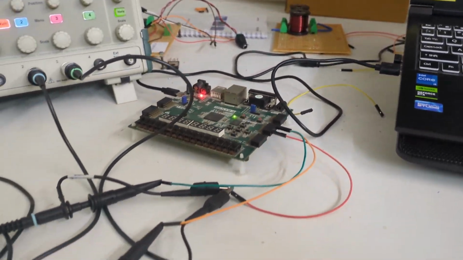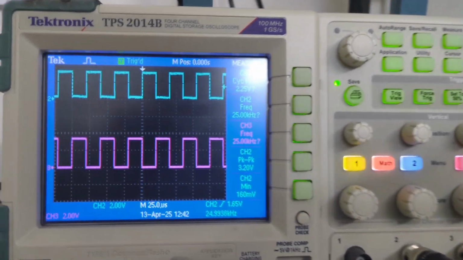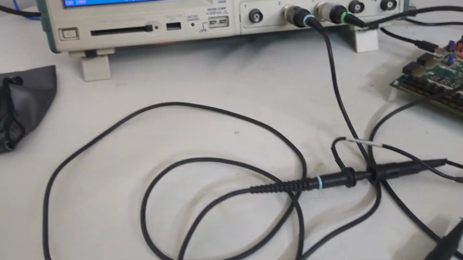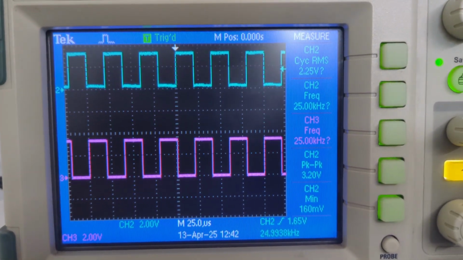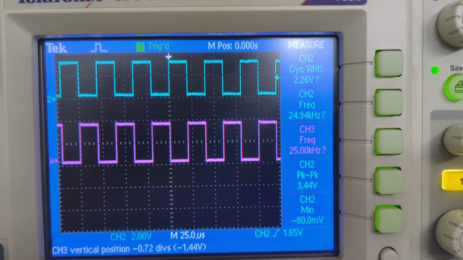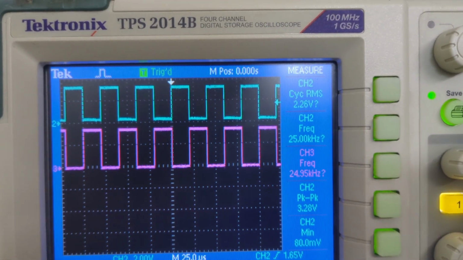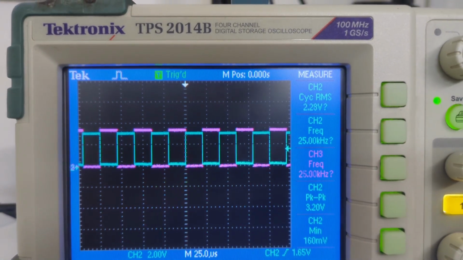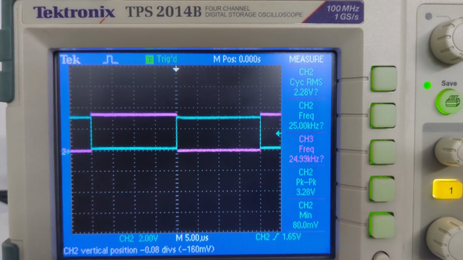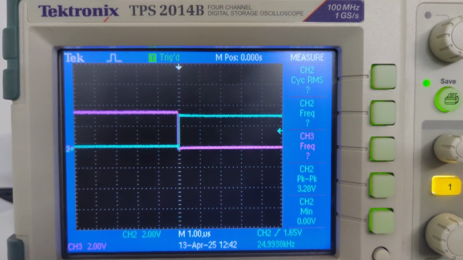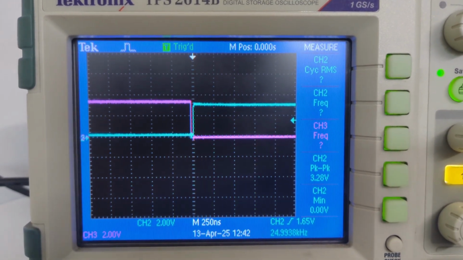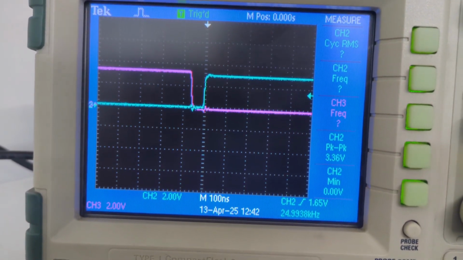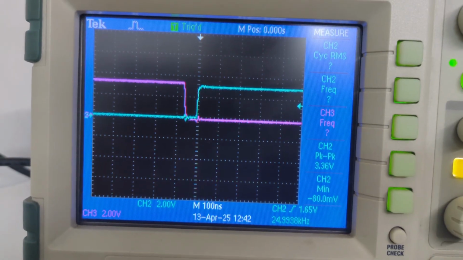Okay, the FPGA is connected, and I have used two probes, and you can see the two pulses coming from the FPGA. Okay, if we merge these two signals for comparing, now we can see the dead band. So I have to expand it. If we want to see the dead band, we have to expand it, so you can see the clear gap between the two pulses. Okay, if we want to measure, then